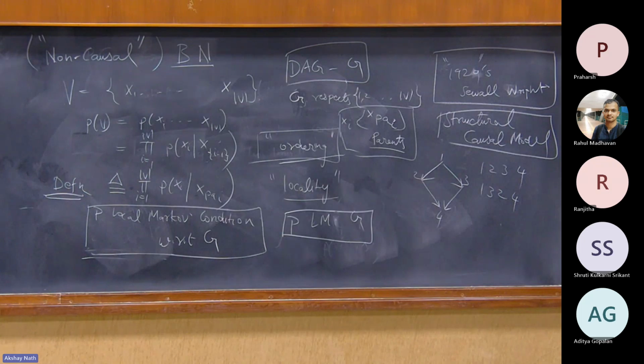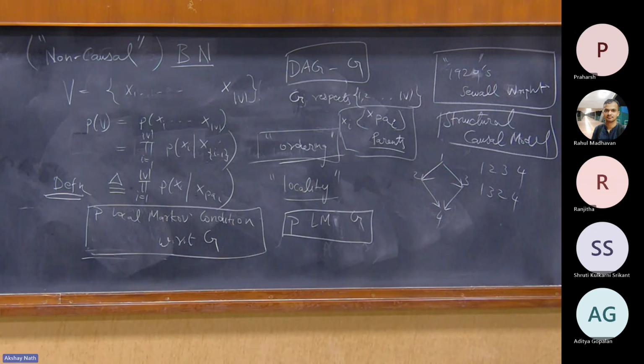In the real condition, when is that? There's always some factorization. The only question is whether G is dense or not. P is always Markov with respect to some G. The simplest G is the complete graph. All P's are Markov with respect to all tournaments. Okay, so there's nothing complicated.